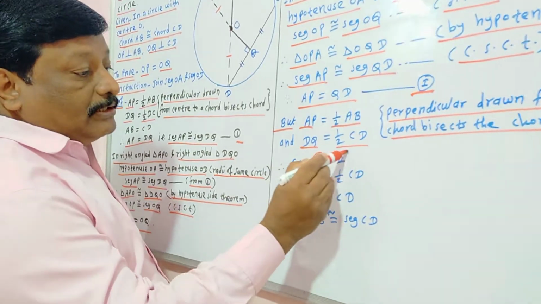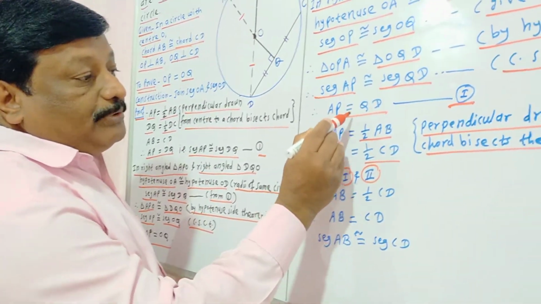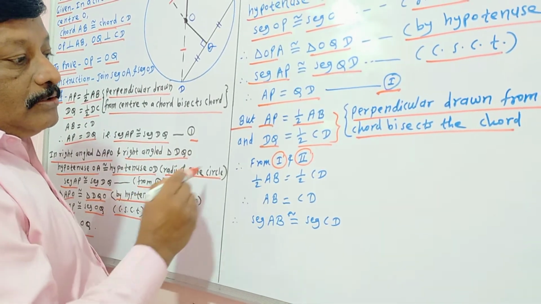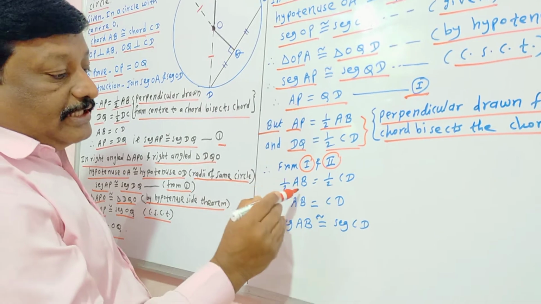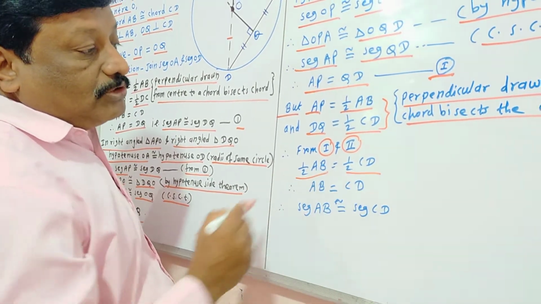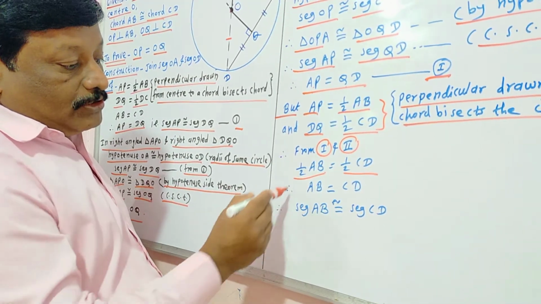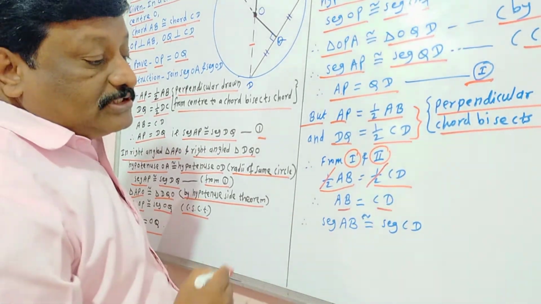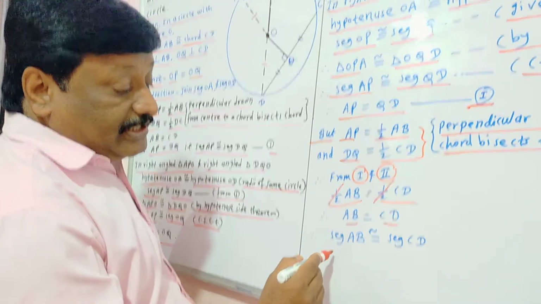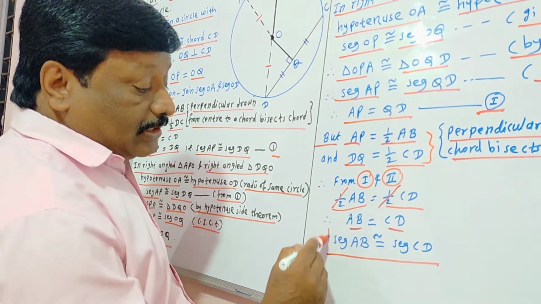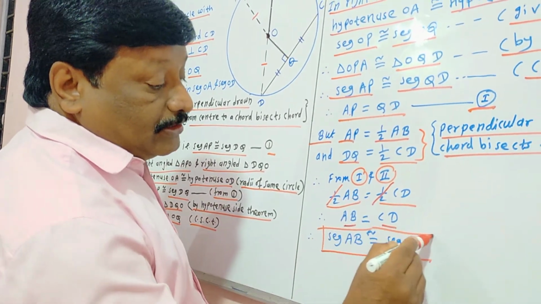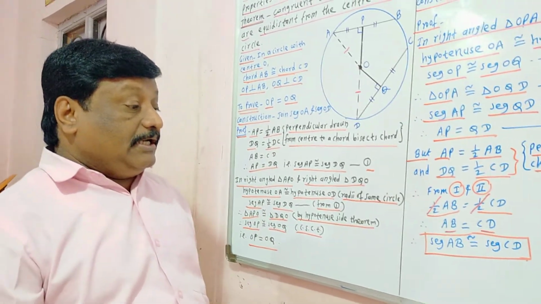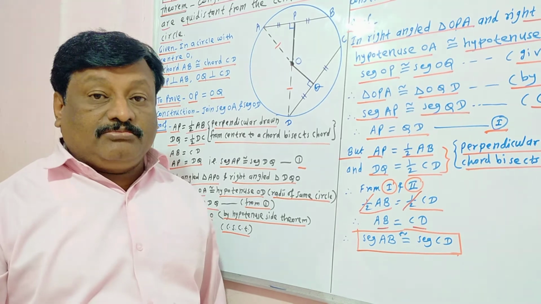Now from 1 and 2. In 1, AP equal to QD, and 2 is this, both together. AP equal to QD, that's why half AB is equal to half CD. Now cancel half from both sides. We will get AB equal to CD. If the lengths of segments are equal, then the segments are congruent. Therefore, seg AB is congruent to seg CD, hence proved. Write these two theorems and their proofs in your Maths 2 notebook.